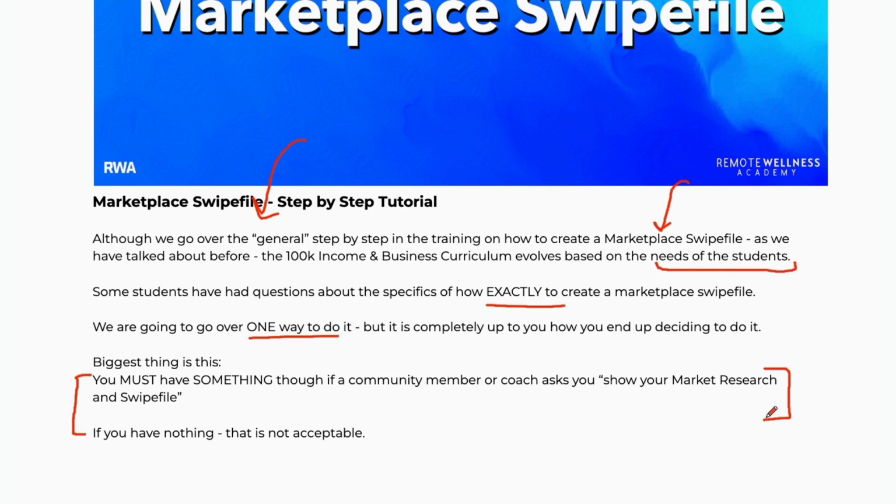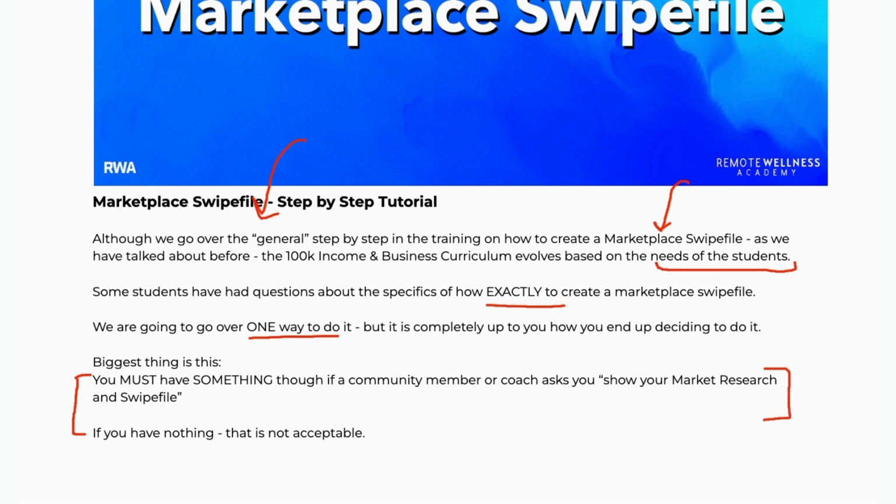You got to be able to have something that is organized in one place to be able to show. If you're like, hey, it's just like a document with a bunch of links in it, that's not going to work, right? We got to have something that is organized, that you have spent time organizing. So we're going to go over some of the different tools that you can use in order to do this properly. So that way you can actually go out there and get this done,